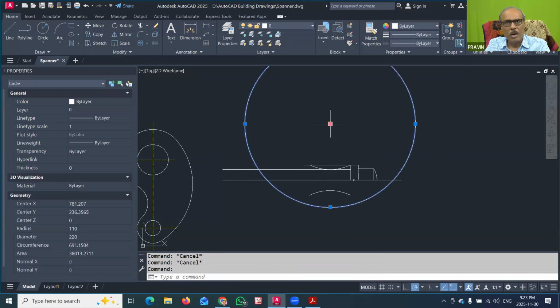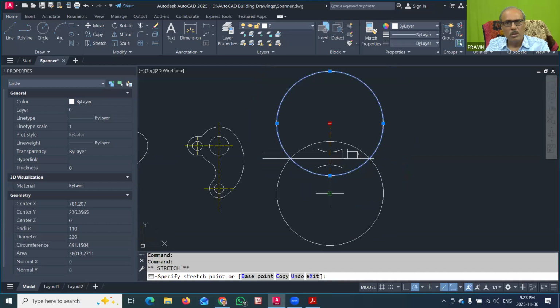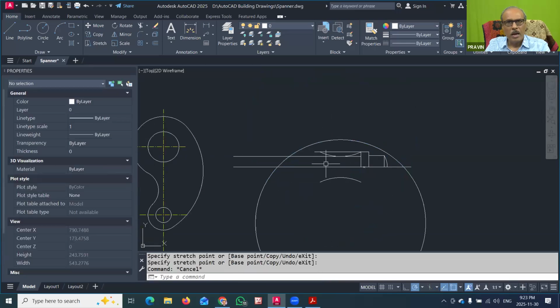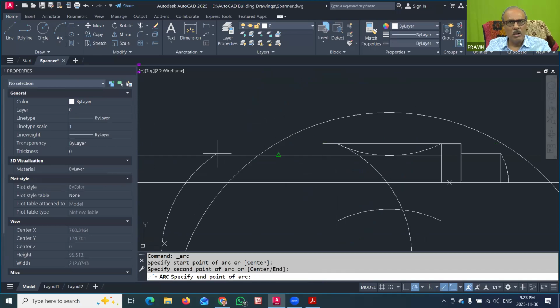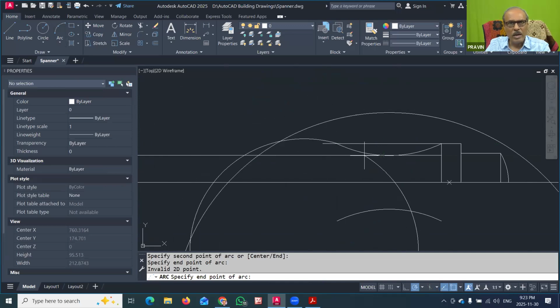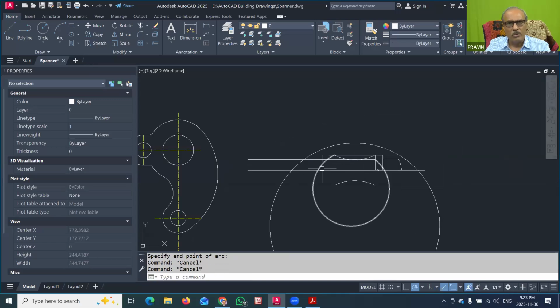So for that purpose, I will just move this circle to this bottom one. And now with this as a 60 and this as a 50, we have to draw one circle touching to this circle. So that arc, whatever now coming, it should be like this here. So I will just show it here. It is not exact, but this is one of the important challenges. What I want to identify is we are not knowing exactly where the circle center was. So that is the typical important part.